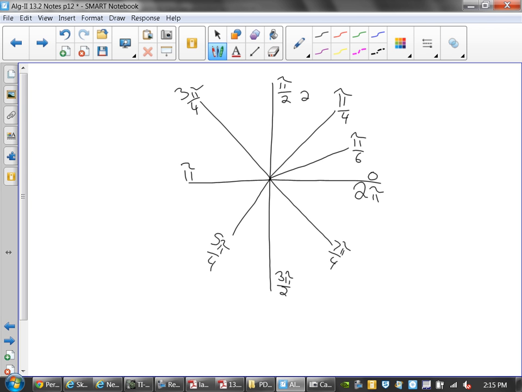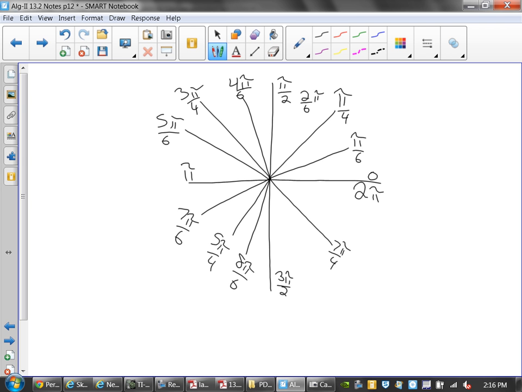1/6, 2/6, 3/6, 4/6, 5/6, 6/6, 7/6, 8/6, 9/6, 10/6, and 11/6. We went up by 1/6 throughout the entire revolution. Go back and simplify the fractions. When you go back to simplify the fractions, you can get